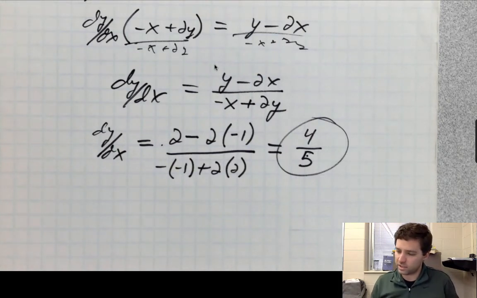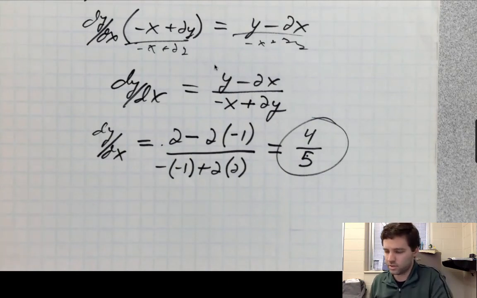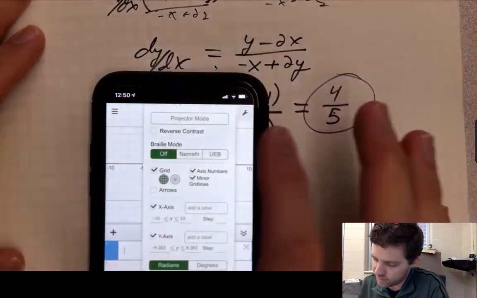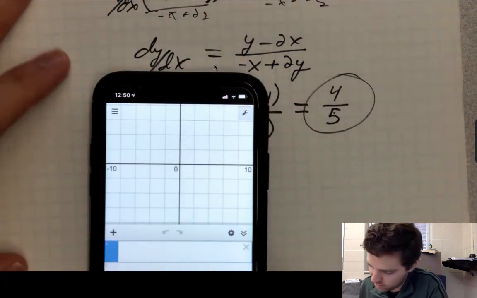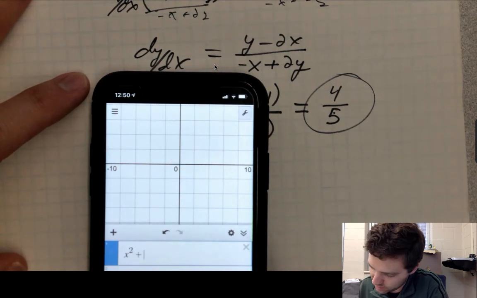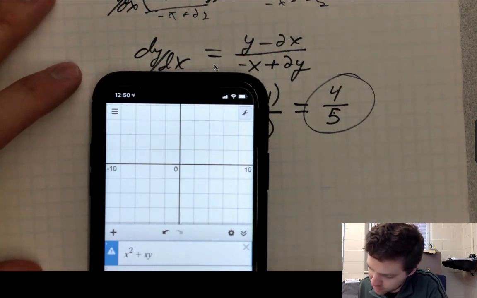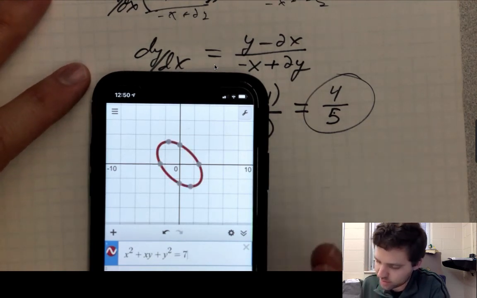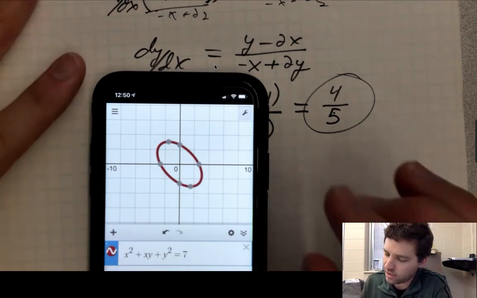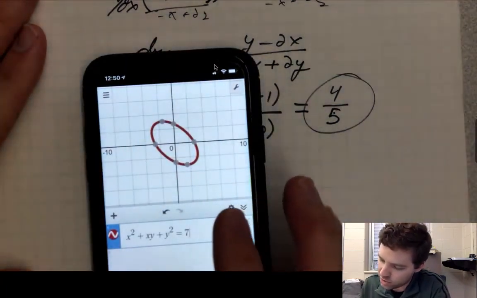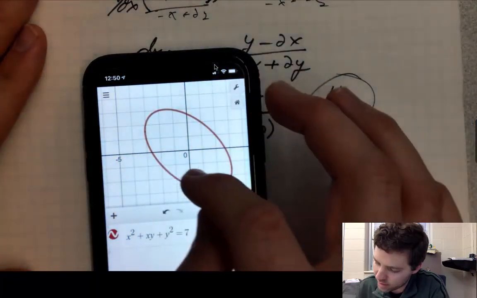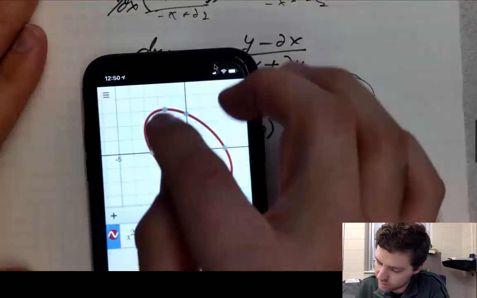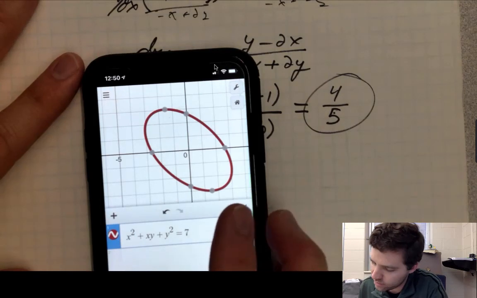The one thing I actually did want to show you is that using Desmos, you can get a picture of what this graph is going to look like. So if you drop this in, I should have had this ready already, I apologize. x squared plus xy plus y squared equals 7. It will show you what the graph looks like. This happens to be an ellipse, and you can look at the graph at (-1, 2). So at (-1, 2), which would be right here-ish, you get a slope of